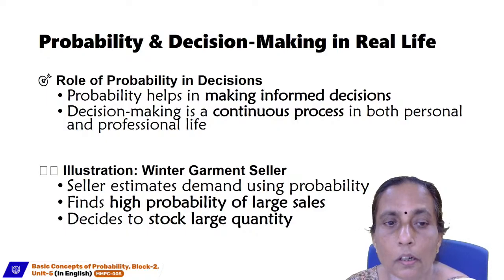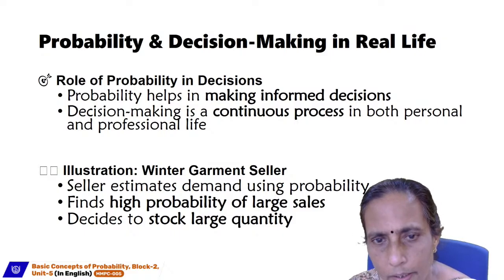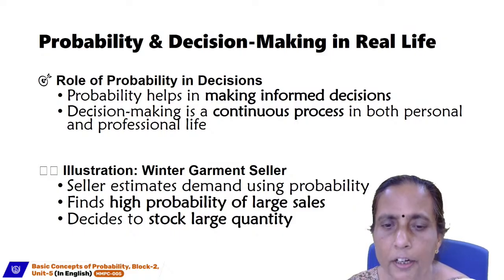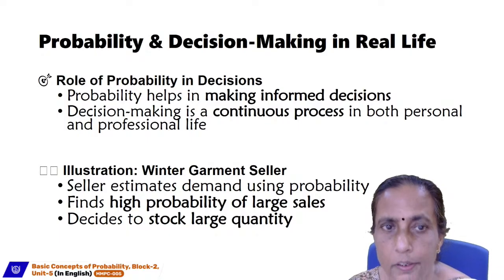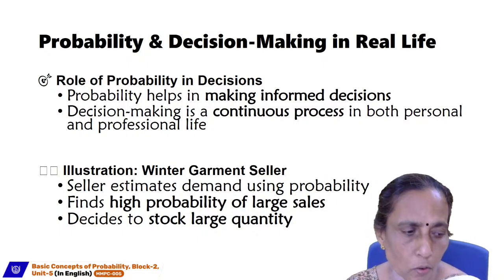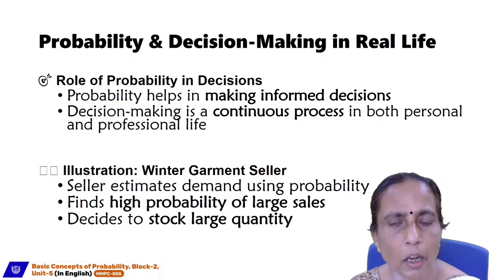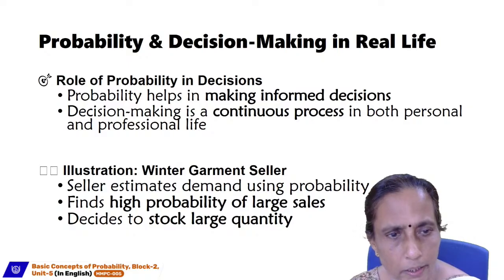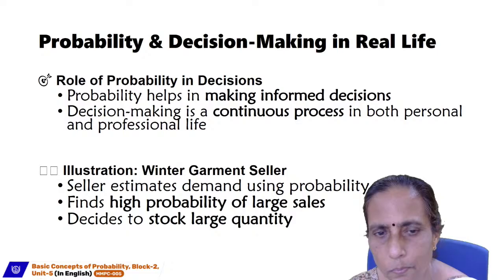So far we have calculated the probability of a certain event happening. Now we will be using it in decision making in real life. So how does probability affect decision making in real life? The role of probability in decision making: probability helps in making informed decisions. Basically, decision making is a continuous process in both personal as well as